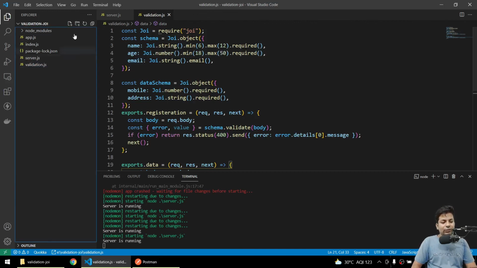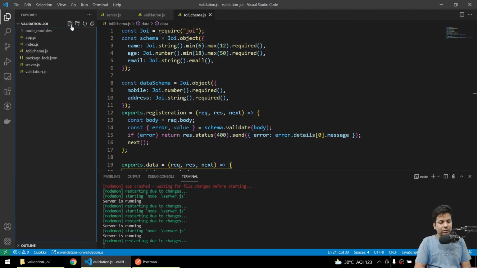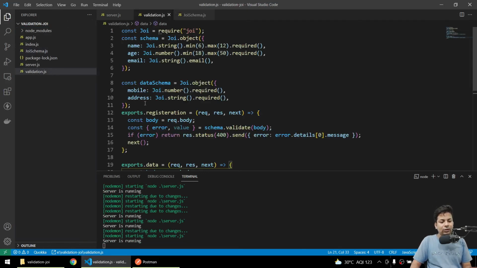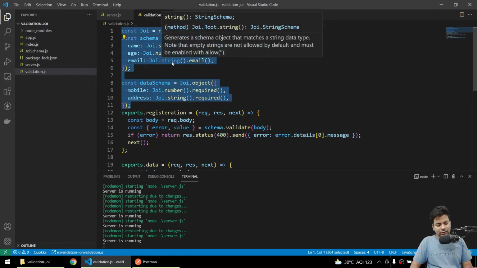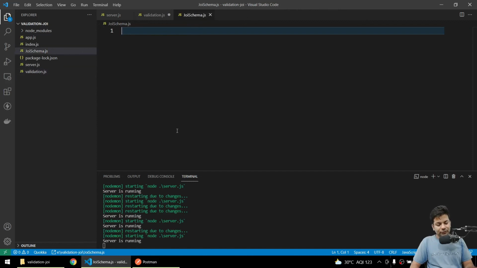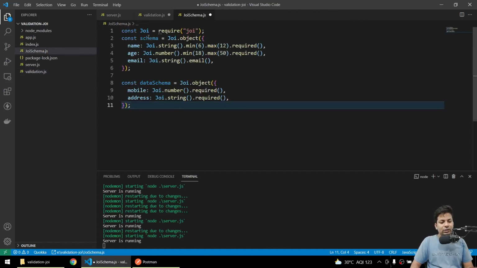So what can we do? We can make a file, say joi schema.js. Now firstly, sorry guys, we'll just copy or maybe cut this thing here, paste it here. Now require Joi, everything's fine.